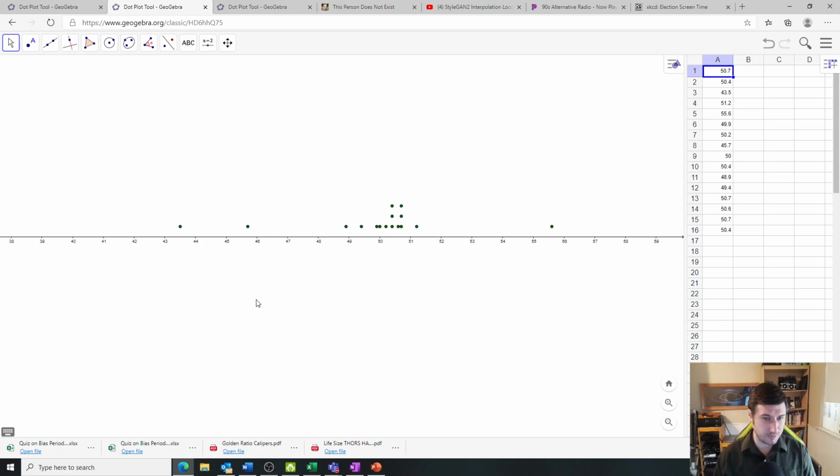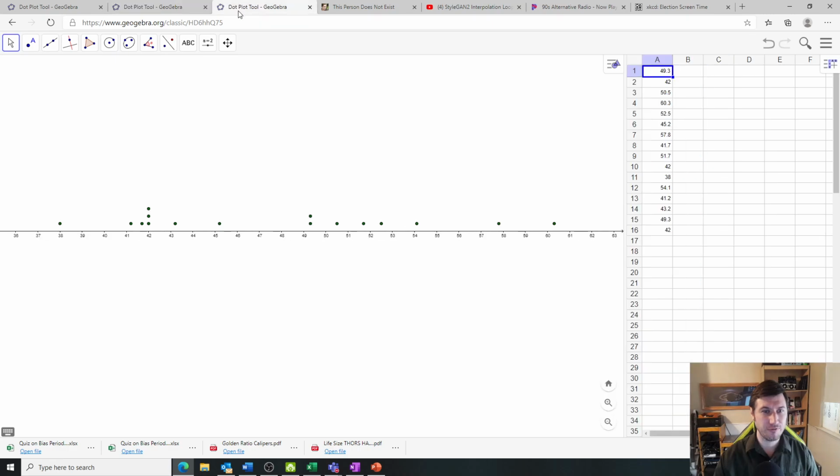And this is the best one, actually. Take a look at how close all of your dots are to the actual value. The actual value was like 50 point something, I think. And everybody's dots are so close to the actual value. And then stratifying horizontally, if we take a look at that,